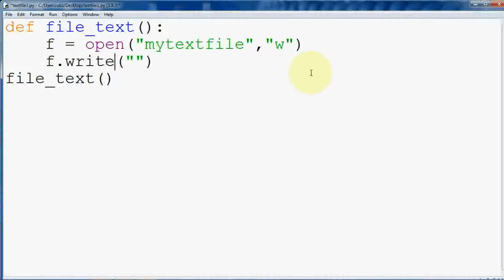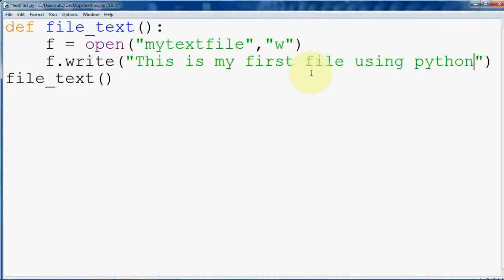Now write whatever text you want to write. Here I want to write, this is my first file using Python. So this I have written.